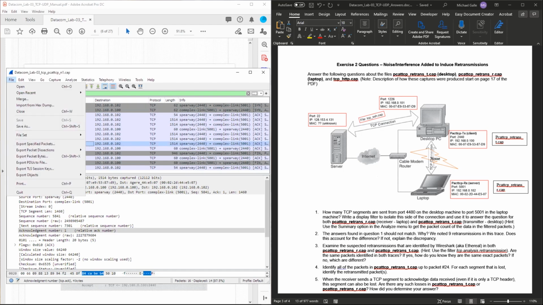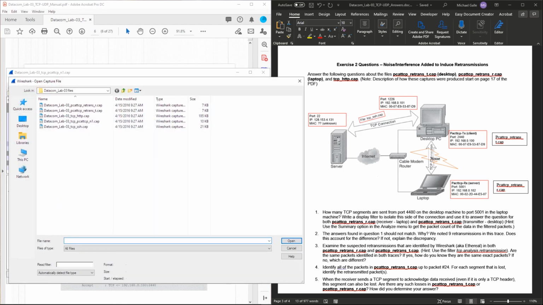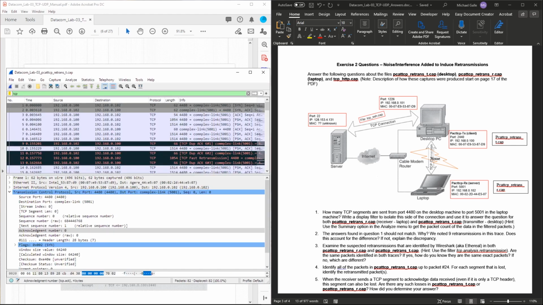So what we need to do is go in, open. Now this is transmit, this is receive. So transmitted, say open. Okay, so how many TCP segments were sent from port 4480 on the desktop to port